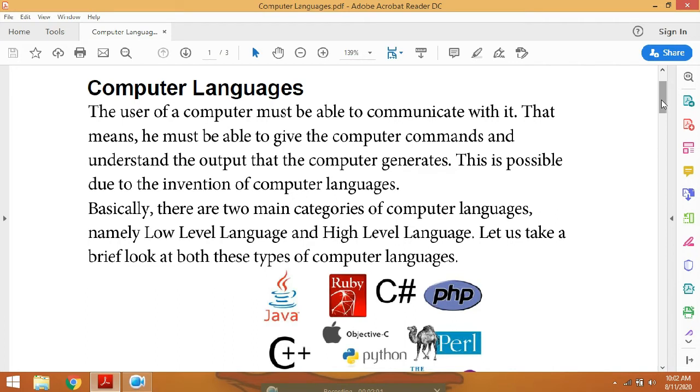So first of all, what is a program in computer language? A program is a set of instructions that a computer can understand. It means we have to write down the instructions, just like when you purchase a new product, there is a manual with it. In that manual, the instructions are given on how to use that product, what precautions to take, and how to install and use it.